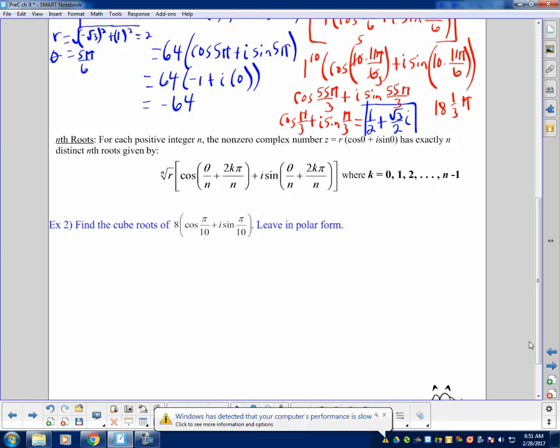You can write this out. It looks like this. 8 cosine pi over 10 plus i sine pi over 10. That's the number. And what we want to do with that number, it's kind of awkward to write it in radical form. But what we mean by cubed root is to take it to the 1/3 power. You with me? The cubed root means 1/3 power, and that's a little less awkward than trying to write the third root of that polar